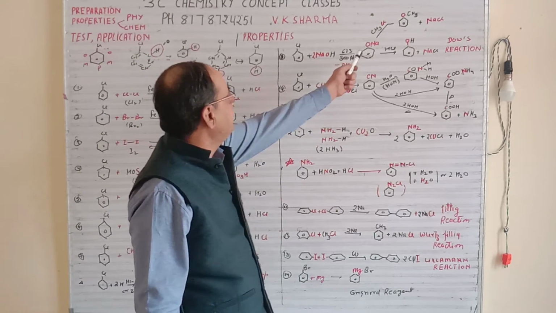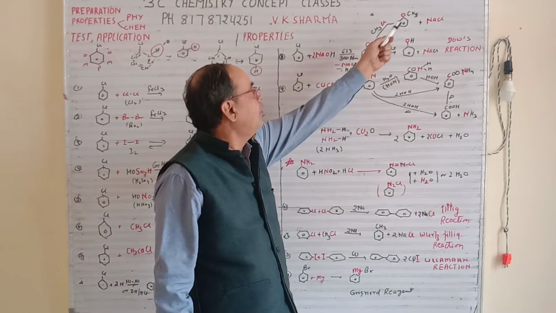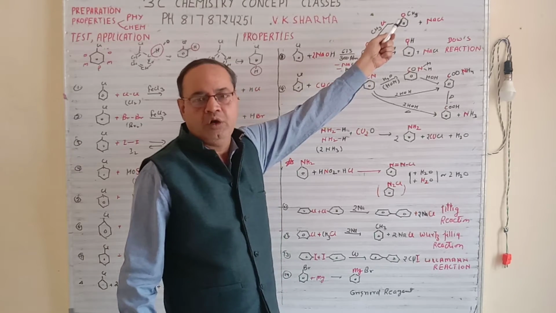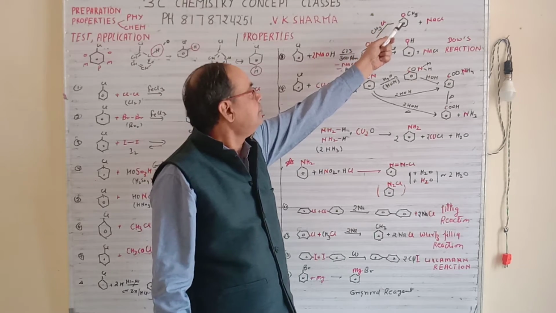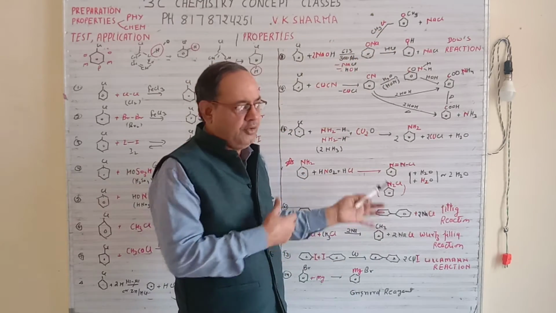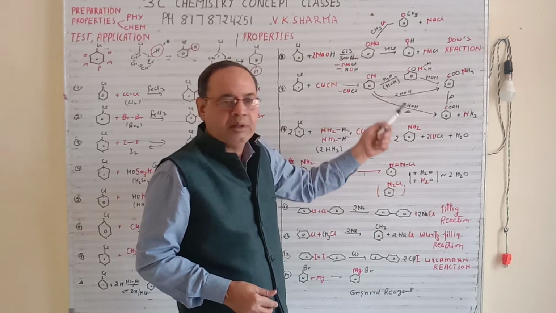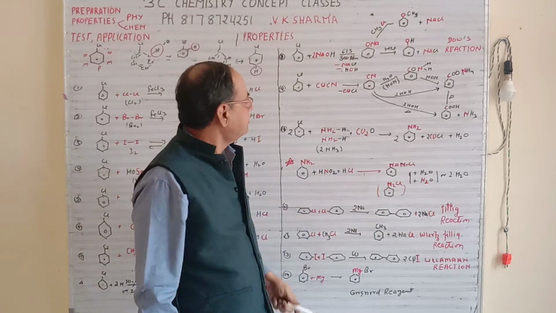Suppose you are using ONa with CH3Cl, so NaCl will come out and CH3 will be here. So this will give you methoxybenzene, or it is called anisole. Naming I have already told you, you try naming yourself. Because the board is very small, if I keep on writing the naming, ultimately I won't be able to cover more topics. So this is methoxybenzene or anisole.